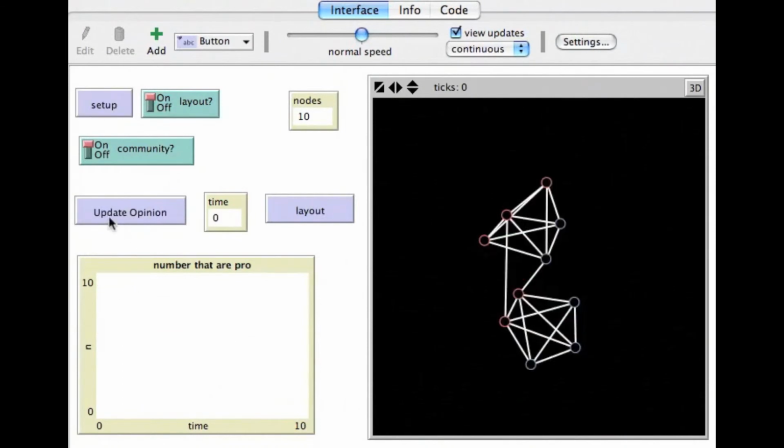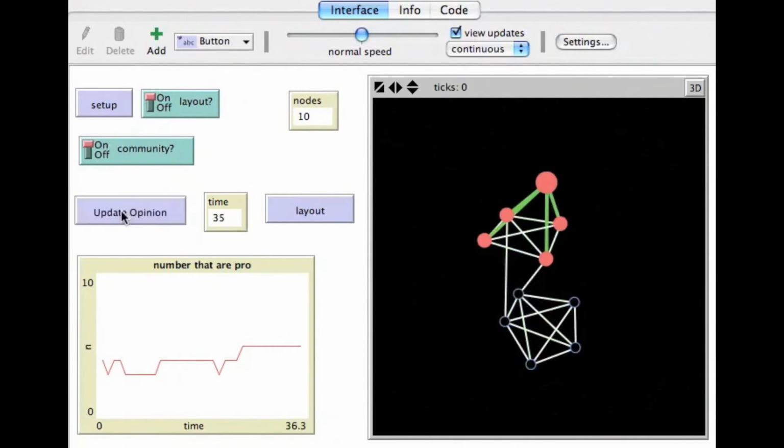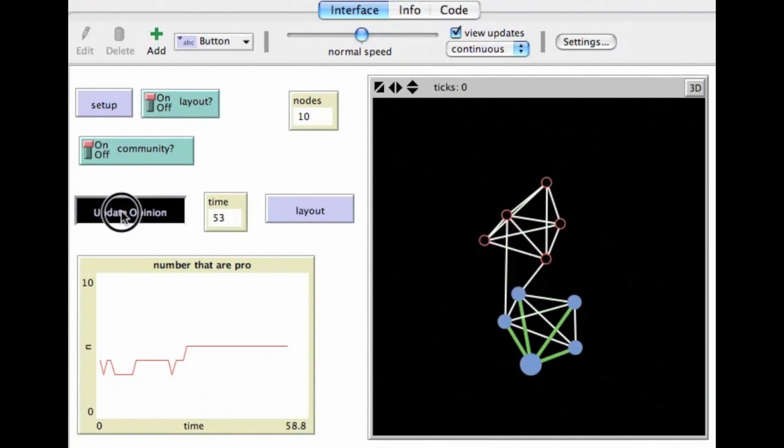I'll set up again. If you keep playing around with this model, you will occasionally see this network structure resolve into one color. But most of the time, you will get over 100 clicks and the situation has not yet resolved into one single opinion.